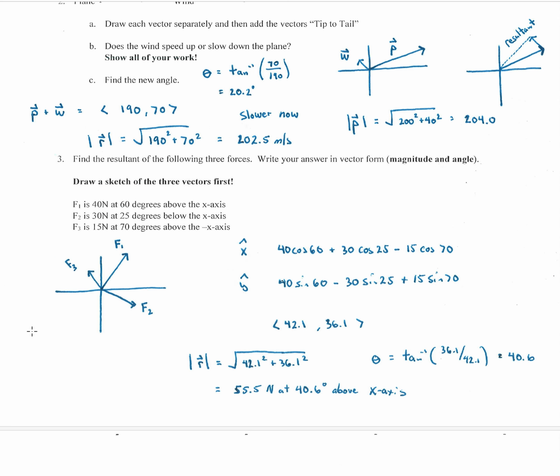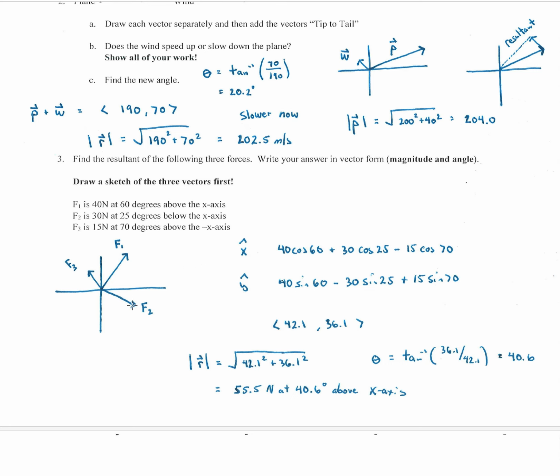All right, this is just kind of classic. There are three forces tugging on this thing. Find the result, meaning find the net force on this object. And so I break every vector down into its components. If all of the angles are with respect to the x-axis, then I can just say that all of these are going to be cosines. That's right, that's right, that's left, which is why I subtracted, right? F3 is left. So plus, plus, minus to get the 42.1 horizontally,